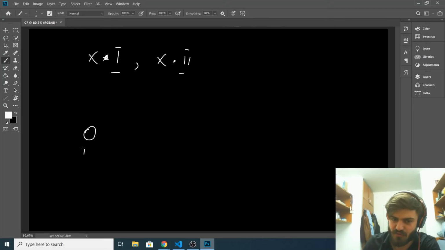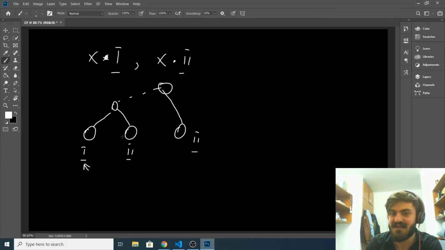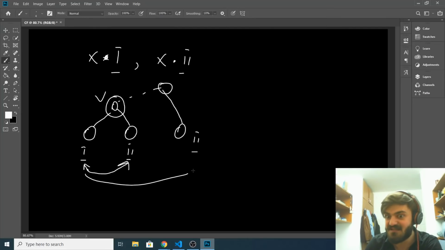So if this is a node 1 and this is a node 2 and this is the LCA, of course I'm not going to pair this one with another node 2 if their LCA is here, right? Of course I'm going to pair these two because this is the LCA, not these two because the LCA is way farther than this one, right? So again,